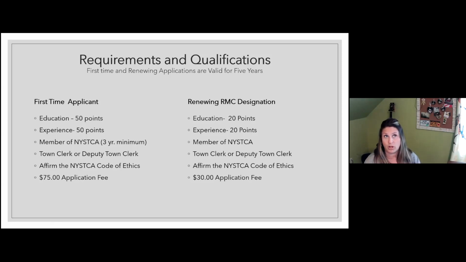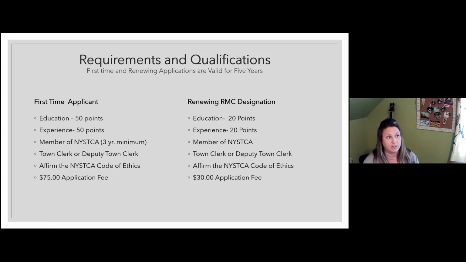So if you renew your membership with the New York State Town Clerks Association, that includes your deputies as well. And our membership year runs from July 1st to June 30th. Once you receive your RMC and it's time to renew, you have to accumulate 20 points in education and 20 points in experience.